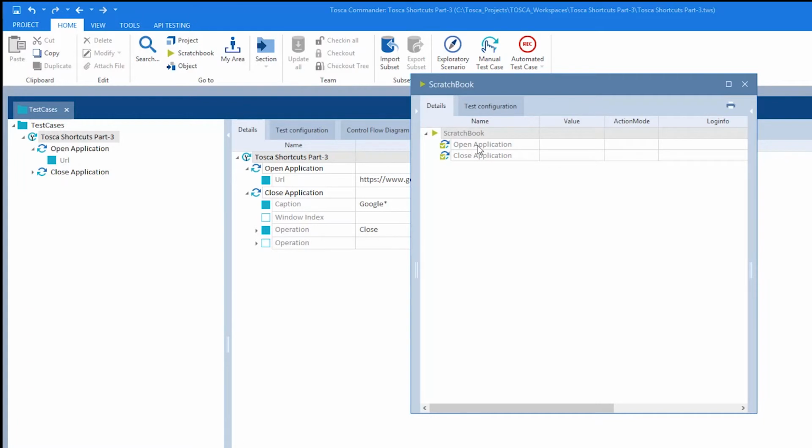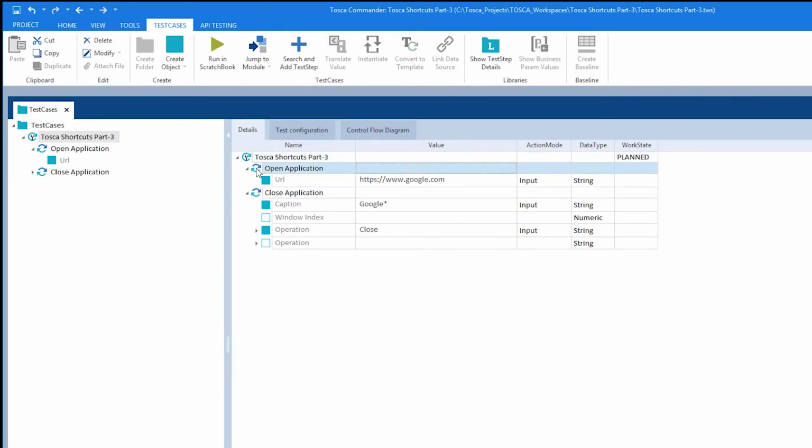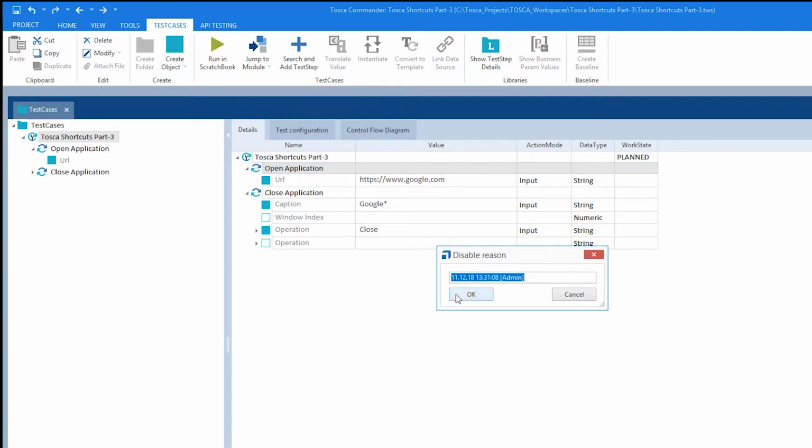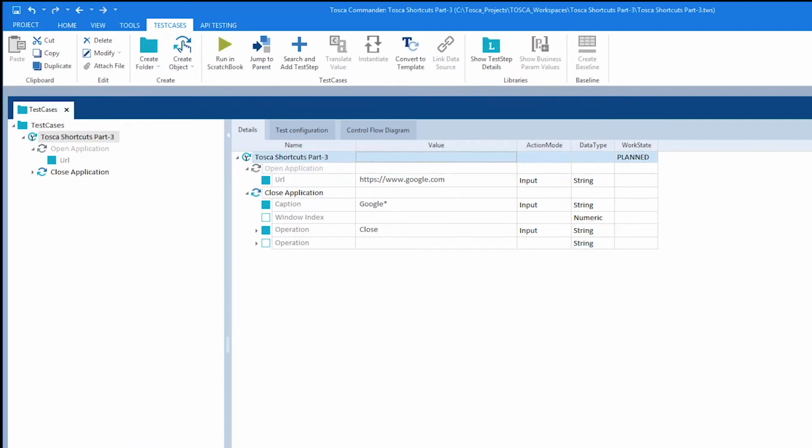As in this case both test steps passed, there is no value mentioned over here. If any of the test steps had failed, then a value would have been mentioned here with the failure reason. I'll show you. I'll disable this test step again. And now, as you can see, my browser is not opened. Now if I run this test case,